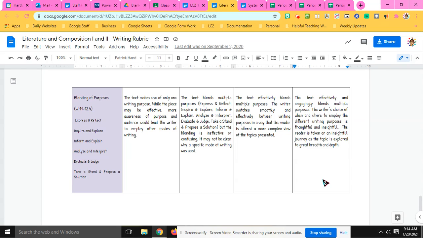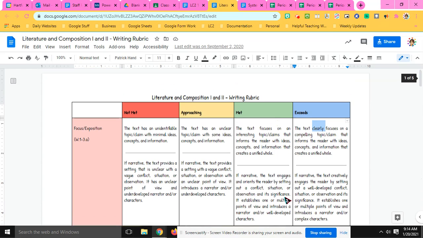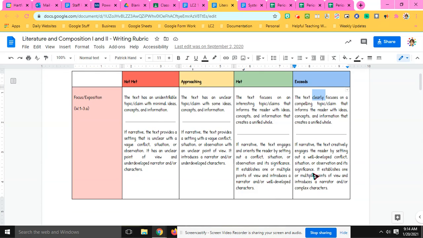So we've done that because we wanted to point out the problem first, then we go into the solution, and then we go into taking a stand. That chronologically would make sense, right? We need to point out the problem first before we can have a solution, and then we take a stand to jump on board with that solution. So these are the aspects of the writing rubric for which you are being evaluated on for this paper.